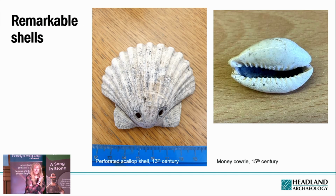I don't think I've ever, in my entire archaeological career, come across a shell on site that I would call remarkable. And at this site, we've got two of them. The one on the left, sorry, I can't tell my left from my right. The one on the left is a perforated scallop shell, which is a symbol of pilgrimage from Santiago de Compostela